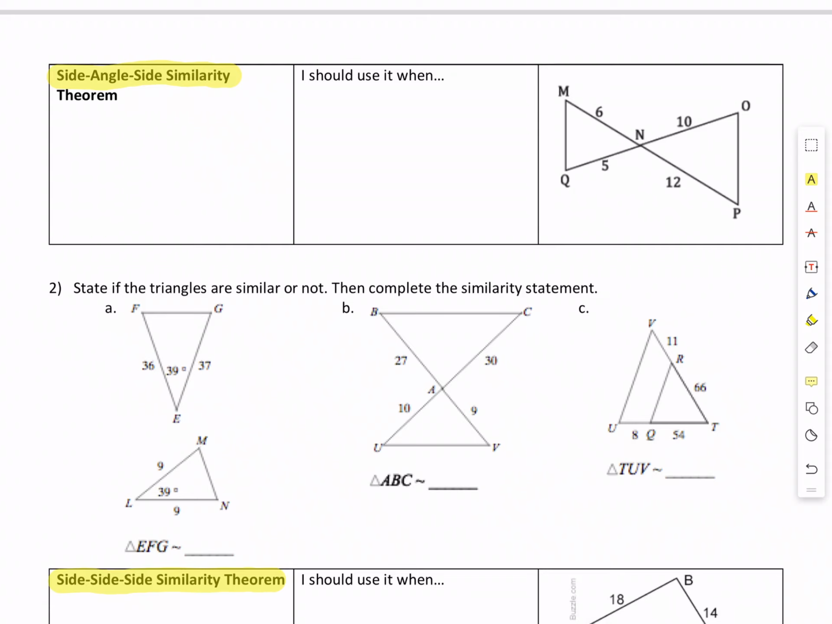Hey guys, so now we're going to look at our second similarity theorem, and that's the side angle side similarity theorem. So what this means is that if two pairs of sides are proportional,